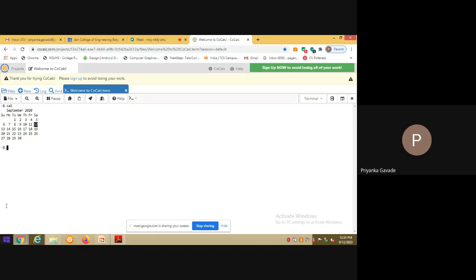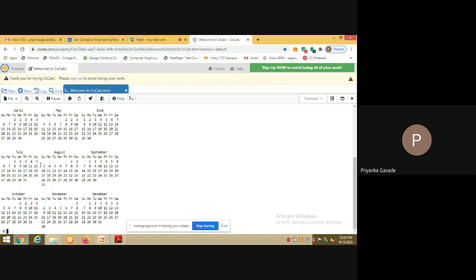So what's happening here? When I give the input as the command cal, it is displaying the current month's calendar here, right? In case I want to know about the year 2003, I shall give it as cal 2003.